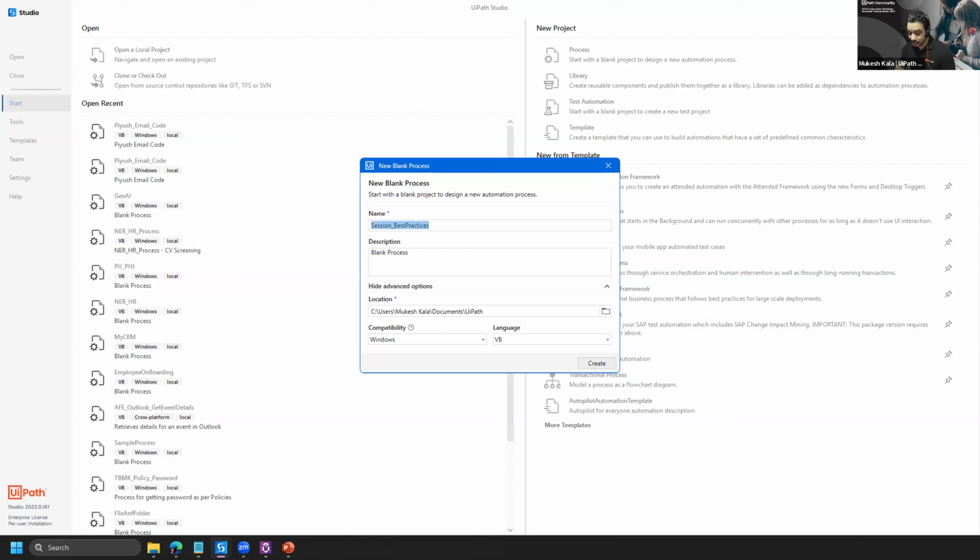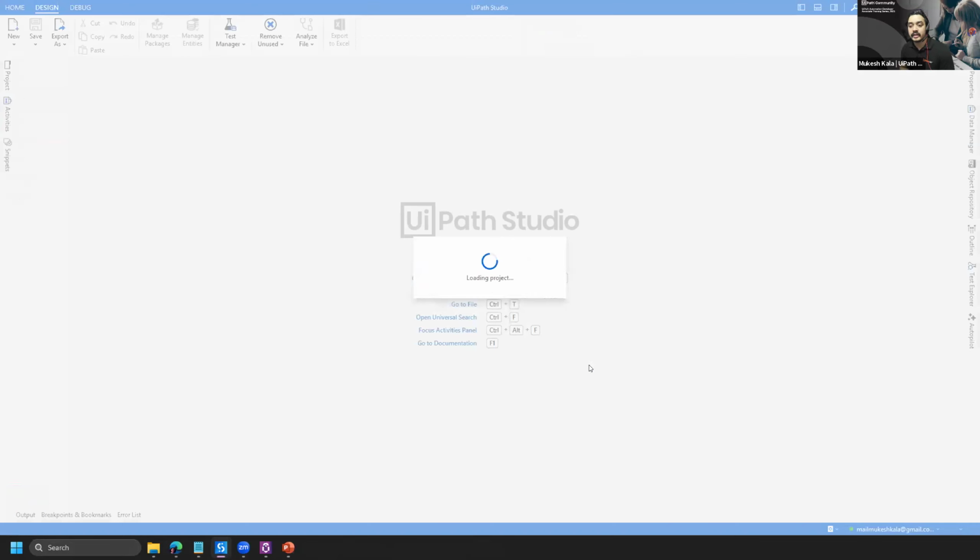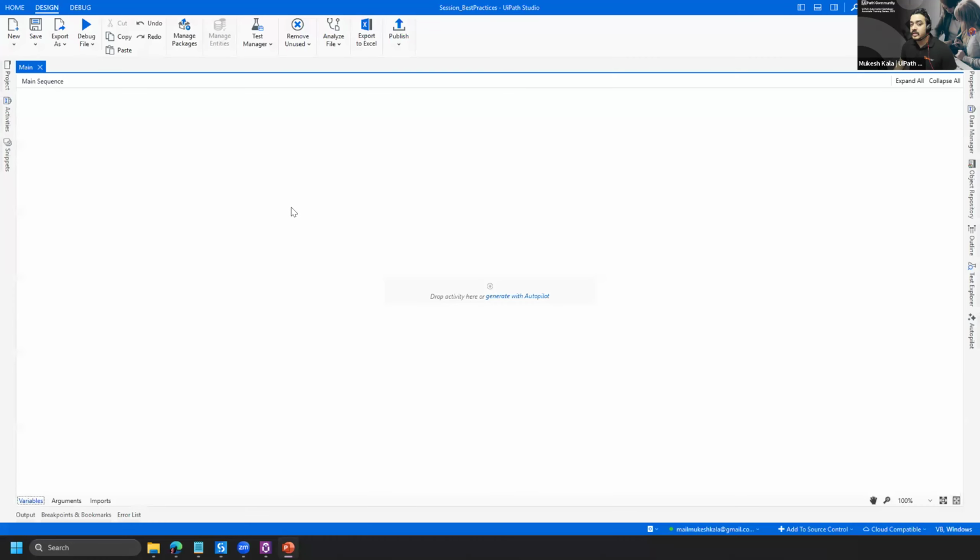The next best practice is to always provide a description, right? So that when you deploy, it is there. And then this is your compatibility and VB language, and you just go and create the automation. Okay, so that is one of the best practices which you should follow. Okay, Anmol mentioned